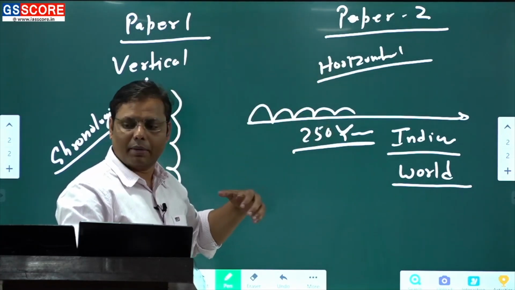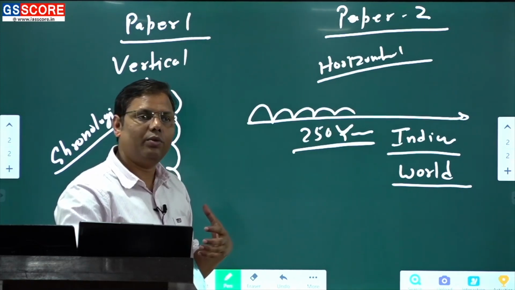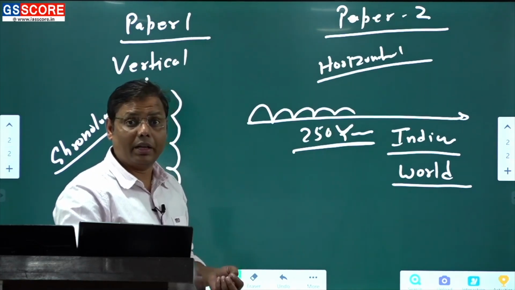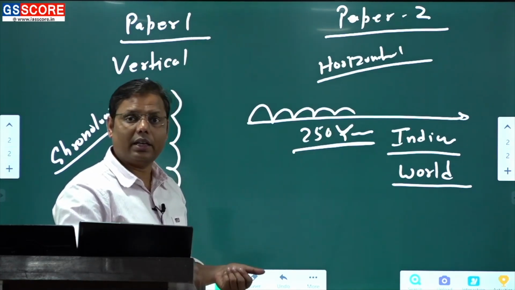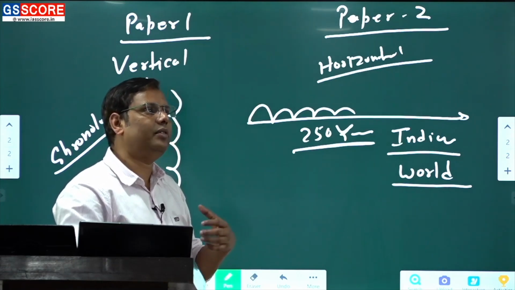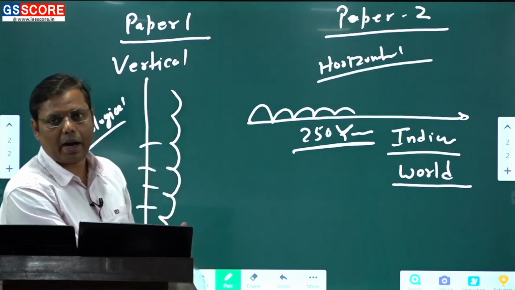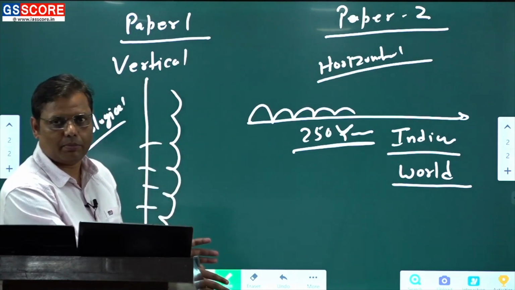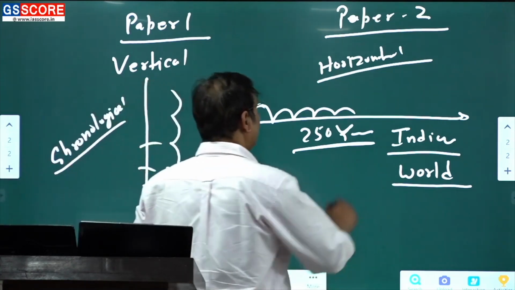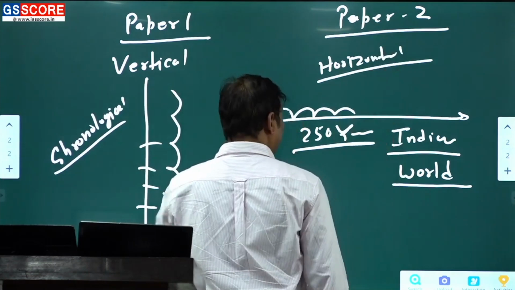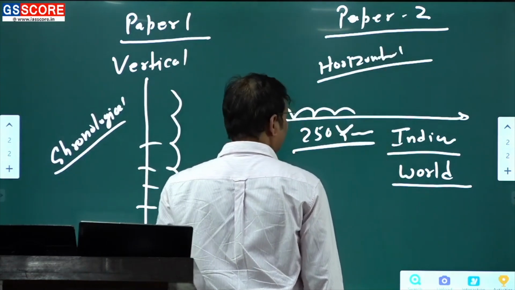So basically what happens is that since the world was converting into a sort of global village during this particular period, it was all because of colonization and all. And that's how the impact of the various phenomena happening in different parts of the world was leaving an impact over the various parts of India. Fine. So what you need to keep in mind here is the horizontal study. That is the most important thing.